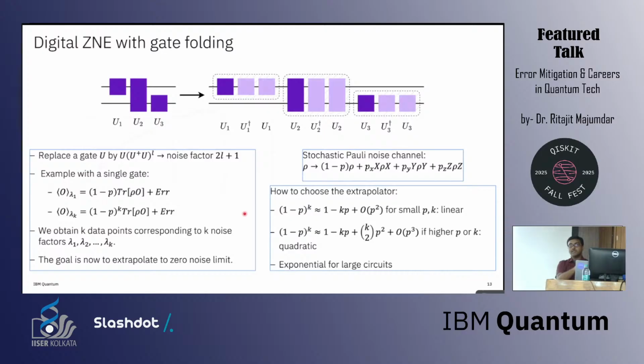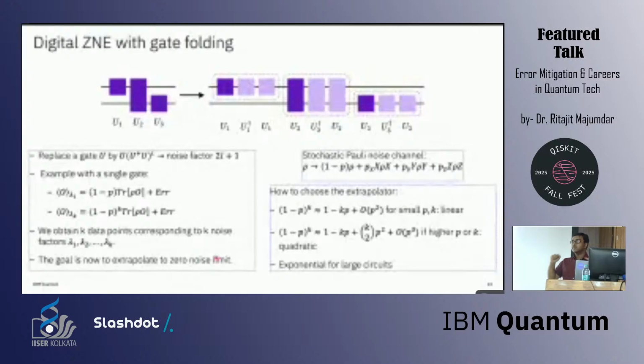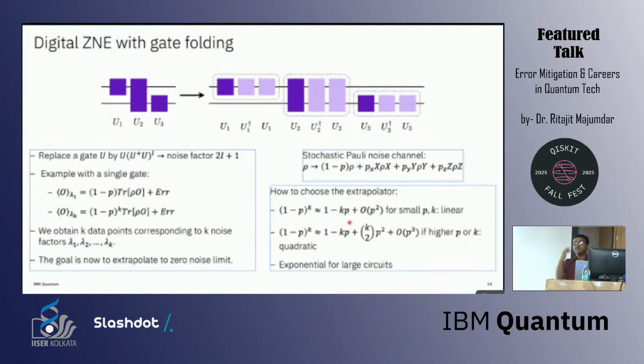That is mathematically correct. What is often seen in practice is that if you try to fit the exponential curve and then you extrapolate it, the standard deviation starts blowing up. So what is done in general is that ideally, if the circuit is small enough, I try to fit a linear curve, that's better. Or even a quadratic or some polynomial curve, these are better. If none of them is working, you have to go to exponential, but often that becomes a bit of a challenge to fit that exponential curve and extrapolate.